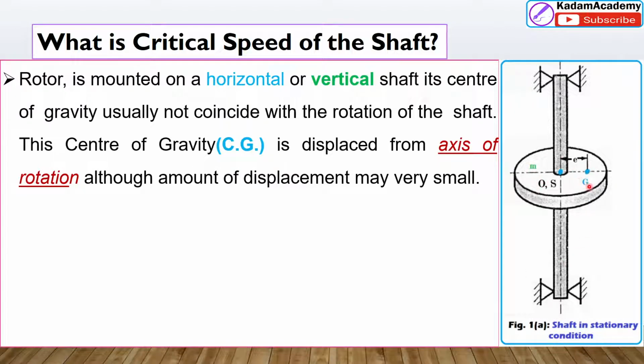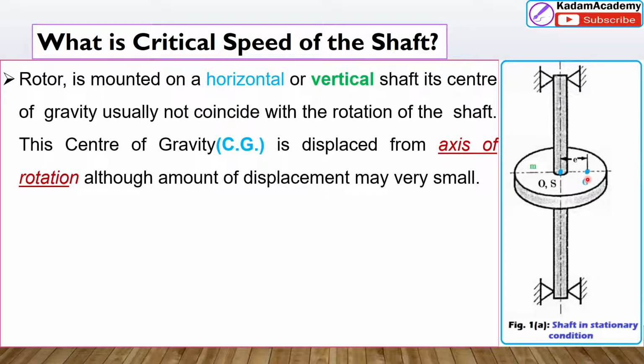G is the center of gravity of the rotor, which does not match the axis of rotation. The center line is the shaft, with a vertical line as the axis of rotation. It rotates like this, and these are the bearing supports. This vertical shaft along with the rotor has its center of gravity G placed here. So the axis of rotation and this G are not matched. What will happen due to this? The displacement of the center of gravity may have several causes.